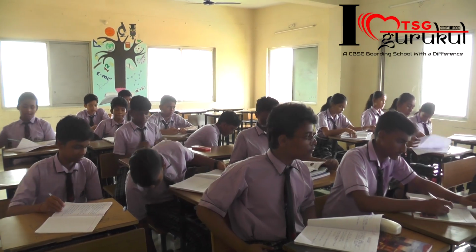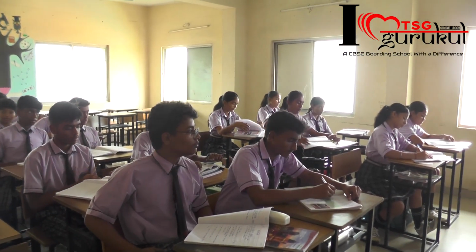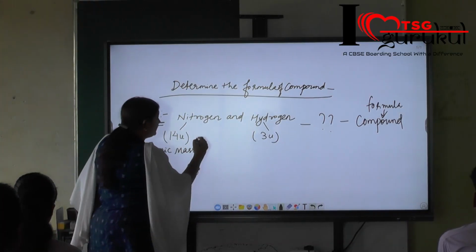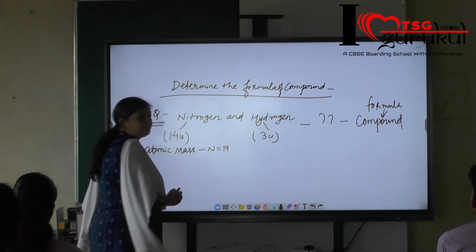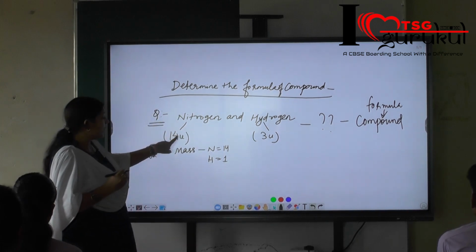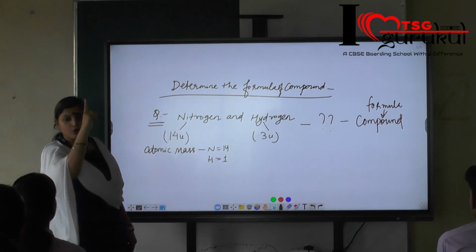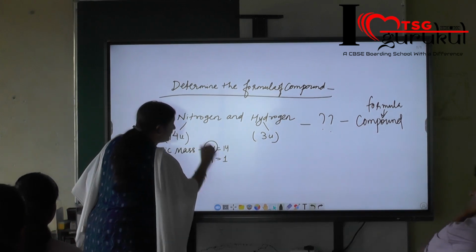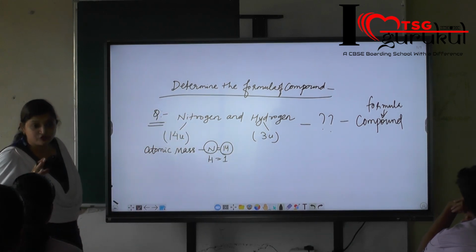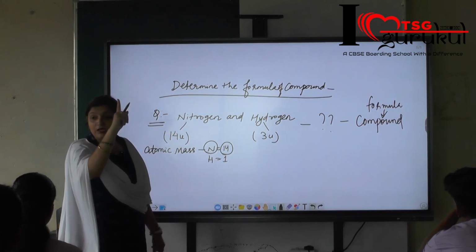We know that there is a term called atomic mass. I have given you a list of the elements, their atomic mass, their atomic number and their symbol from 1 to 20. In that we can see the atomic mass of nitrogen is 14. The atomic mass of hydrogen is 1. So, if 14 units of nitrogen are given, how many atoms of nitrogen can exist? Only 1, because the symbol of nitrogen is N, the mass is 14, so total 14 will represent only how many atoms?